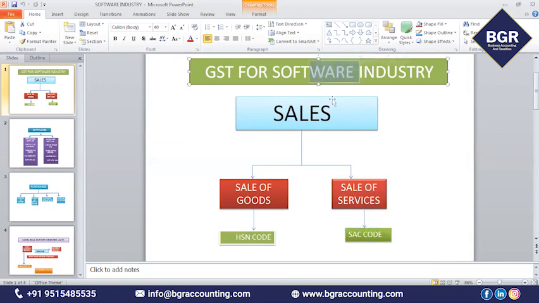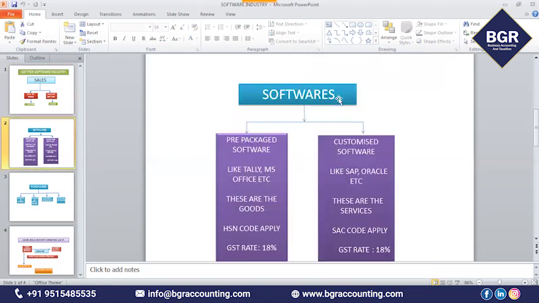Now, whether the software company is selling goods or services is the question. Here, the software company is selling software. Software is of two types: pre-packaged software and customized software.